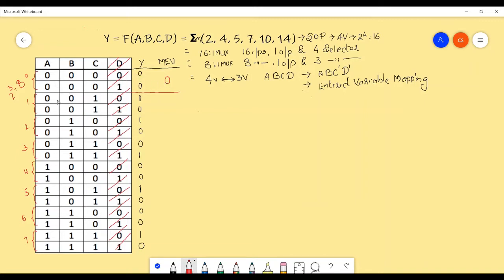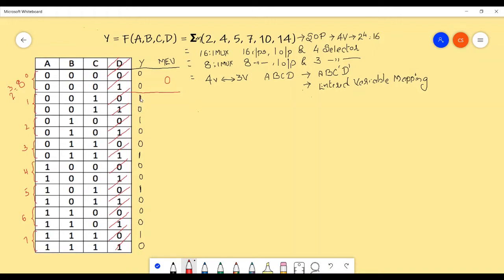Check out the next combination. 0, 0, 1 and 0, 0, 1. What is the output? It is 1 and 0. So what are you going to write here? In the previous case, both combinations were giving me 0, 0 as the output, because of which I wrote it as 0. But in this case, it is not possible to write it as 1 or 0. So what am I going to write?